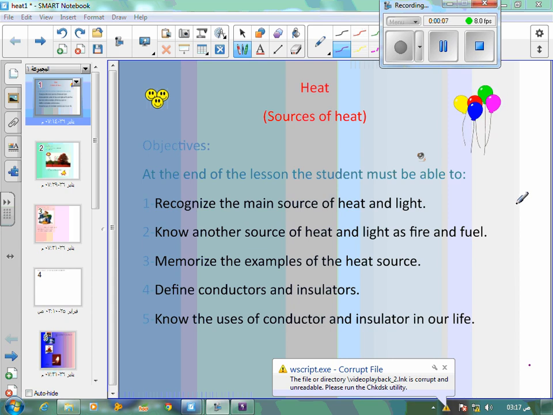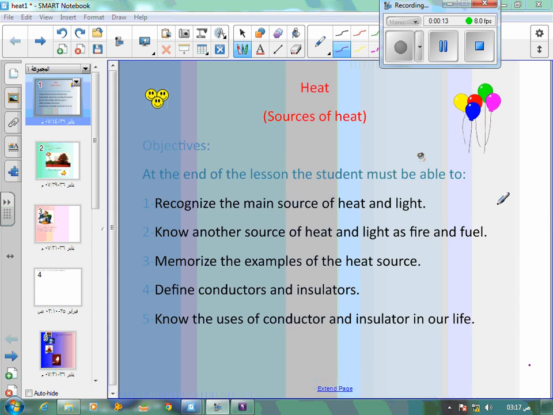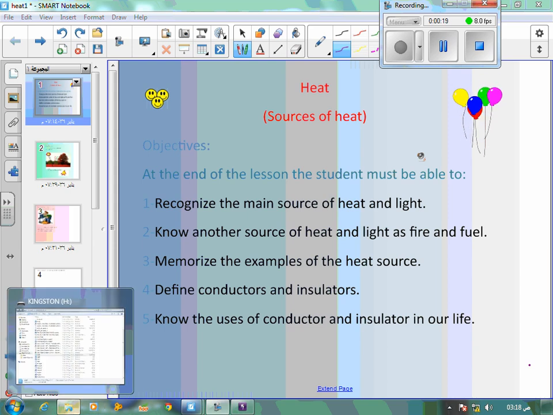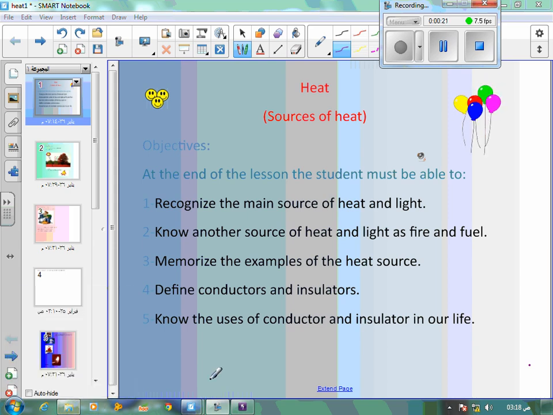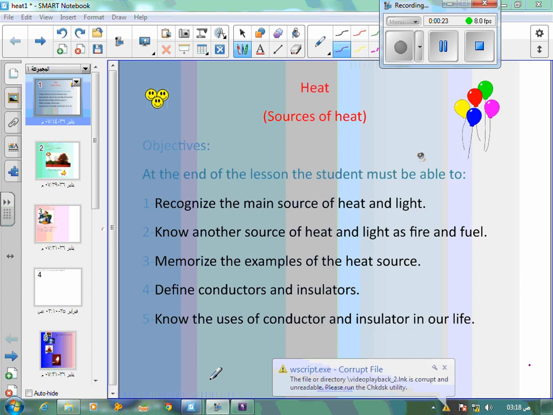Our lesson today is heat. Our lesson today is talking about the sources of heat. At the end of the lesson, we must be able to recognize the main source of heat and light, know another source